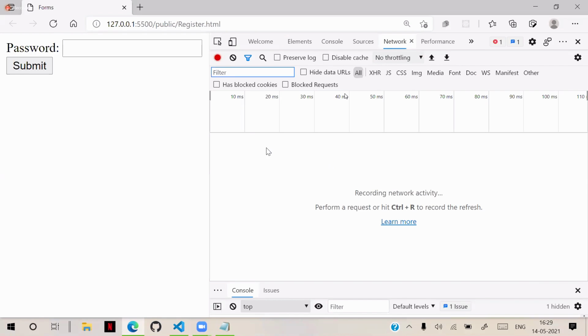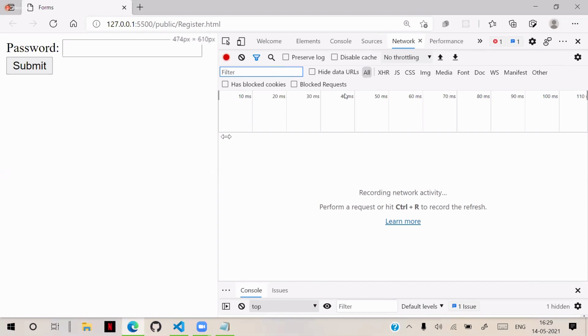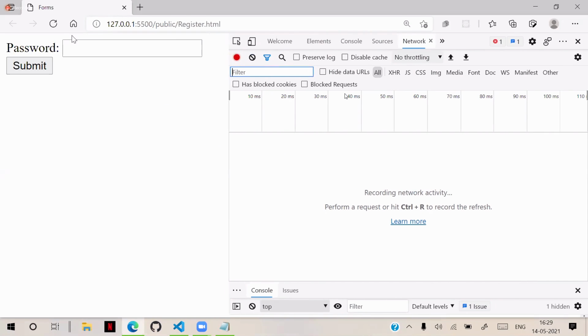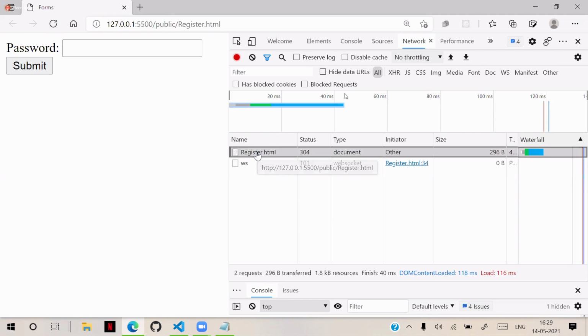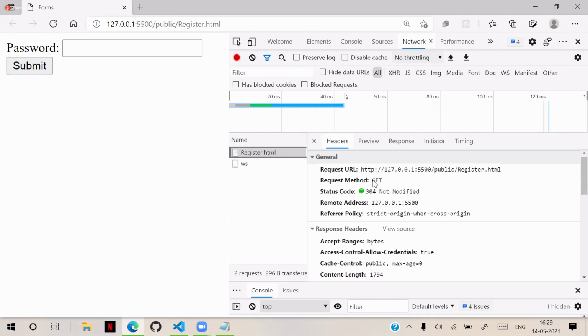In the network category, just click on refresh once. This red mark indicates that it is recording. So click on refresh. You see the register came here. And when I select register.html, you see the request method is GET.